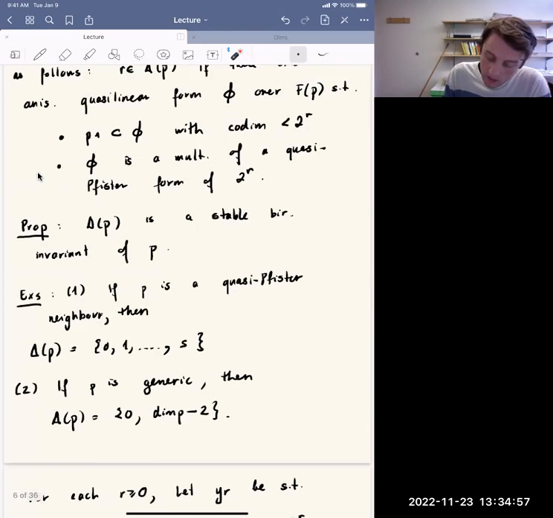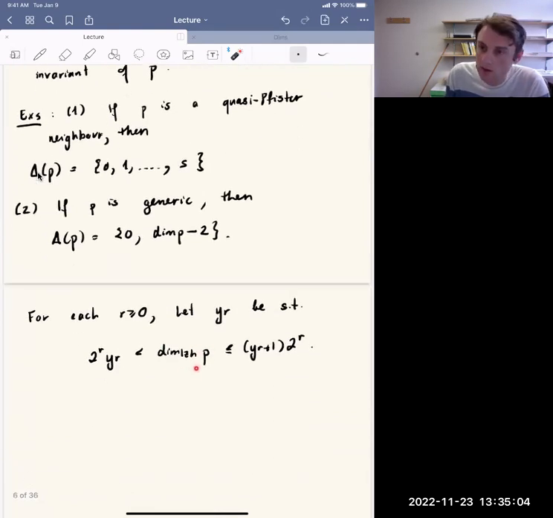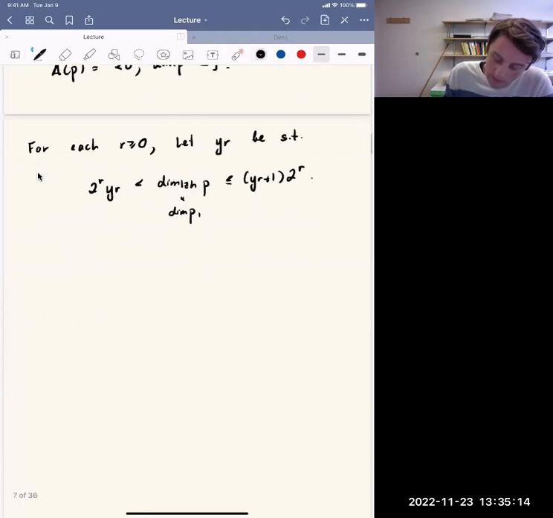And the form P1 here is a close neighbor of this form, so it has codimension less than 2 to the r, and the dimension of P1 is exactly this Izhboldin dimension here. So this here is the dimension of P1. So the theorem